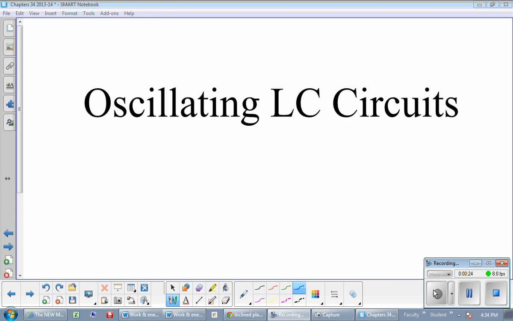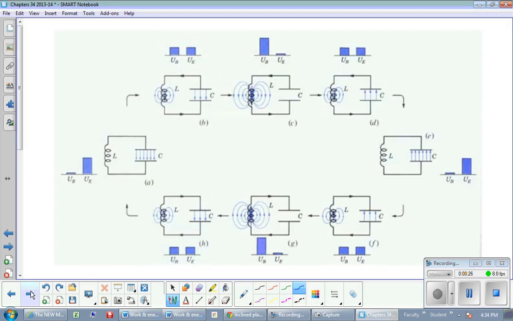I am going to use a diagram that my previous textbook used. This was out of Halliday, Resnick, and Walker. And I think it's kind of nice because it shows a complete cycle with an LC circuit. So just talk about the players that we have here. We start with a capacitor and an inductor. That's just a solenoid or a coil. And we're going to start here in figure A